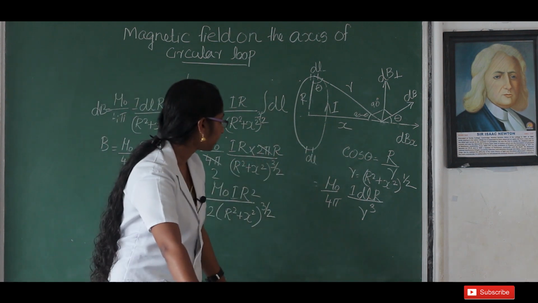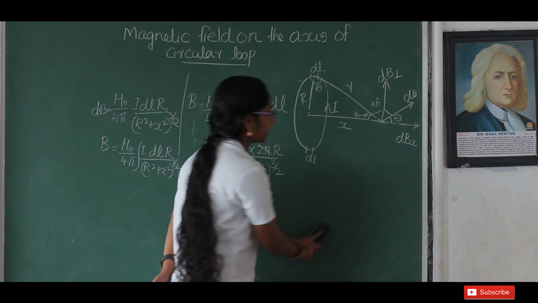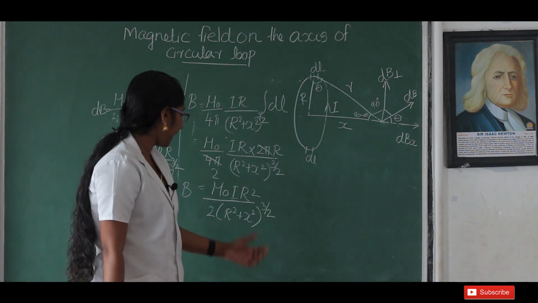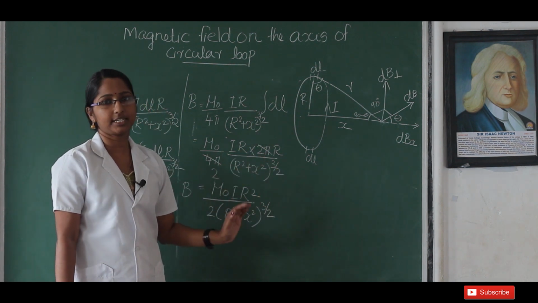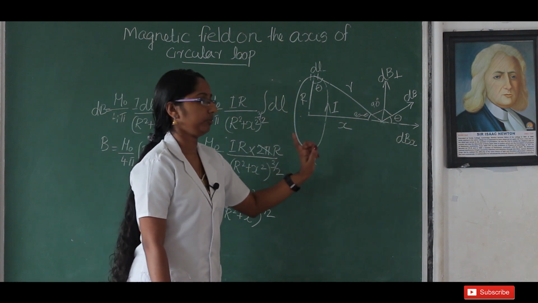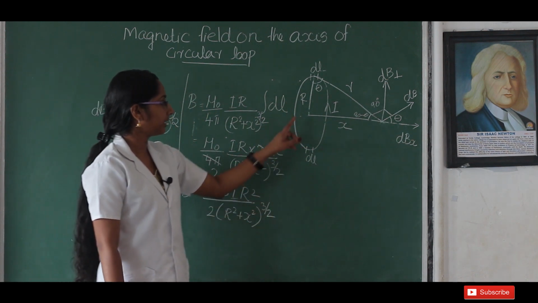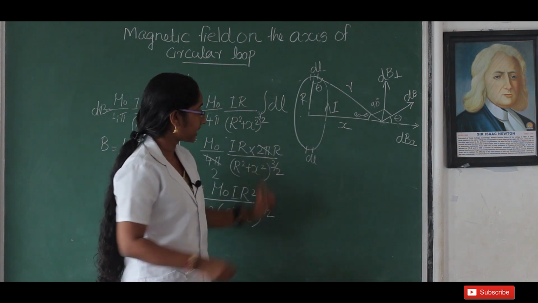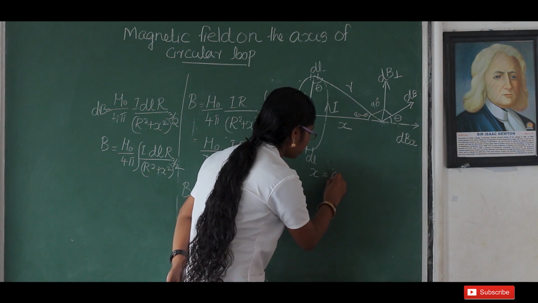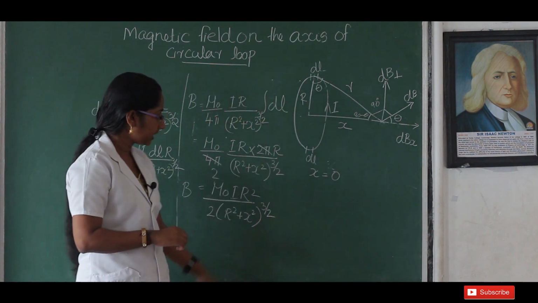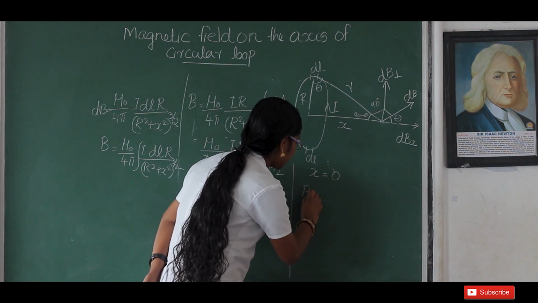Okay. Then suppose we want to calculate the magnetic field due to the circular loop at the center of this loop. Then what may be our x? x becomes 0, isn't it? The distance becomes 0. Then we can write x equal to 0. Then substitute that here. We get B is equal to